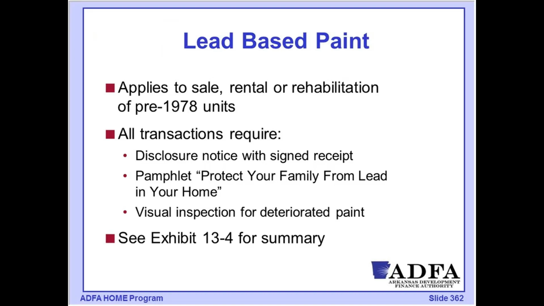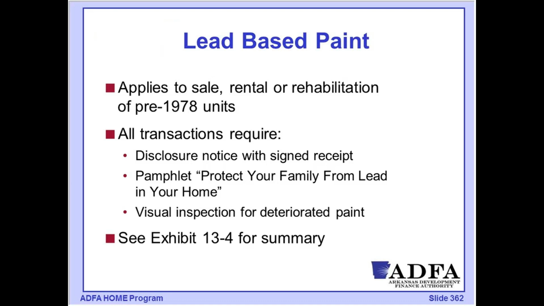So let's talk about the lead-based paint requirements. This is going to apply to any property where we have structures that are pre-1978. In 1978, the production and sale of lead paint was generally prohibited. There are still a few uses that are allowed. But any structure that is going to be a rental, a sale unit, or rehabbed, for those pre-1978 units, we're going to have to make an evaluation of the hazards and then take appropriate action.